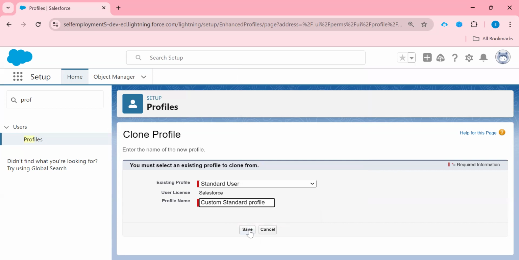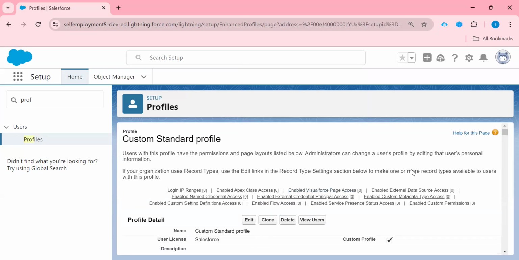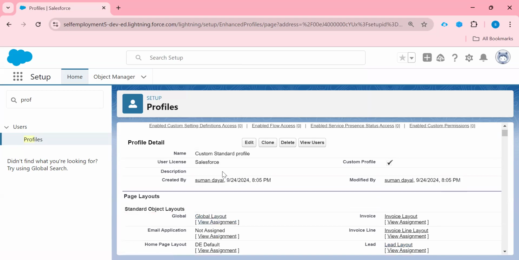Just click on the save button. So here our profile is ready, custom standard profile, right?